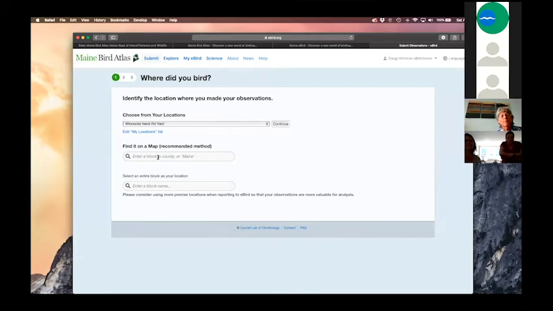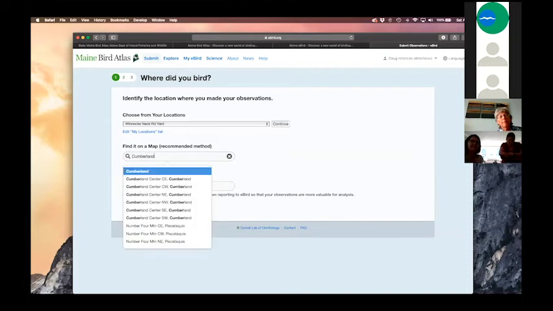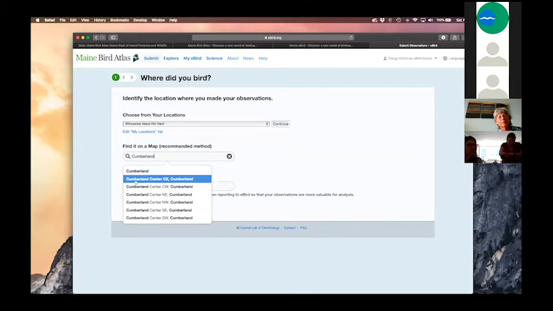If you know it, all the blocks have a unique name. I don't know a single block's name, or I can't identify one. They're all kind of funny names, but you can enter in a county or the entire state of Maine. This will make sense in a second. So I live in Cumberland County, and so you can see Cumberland listed here. And actually all these ones under it, Cumberland Center,